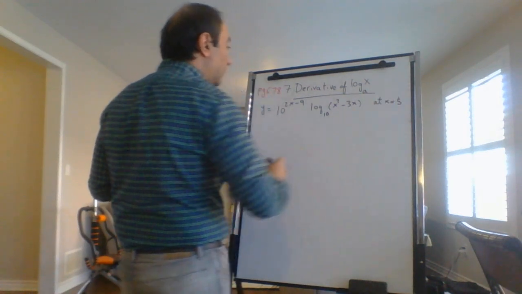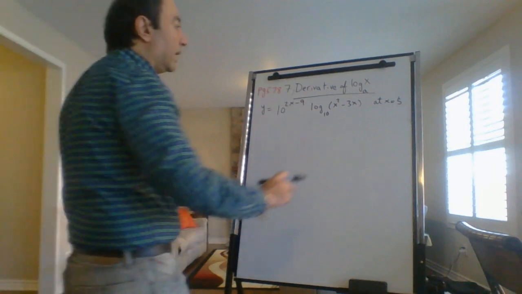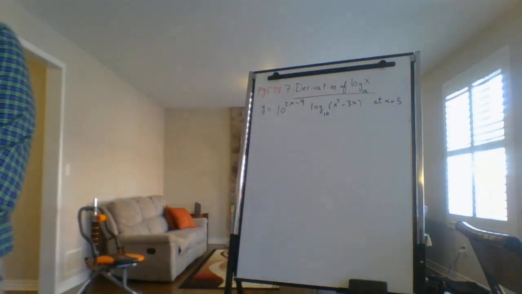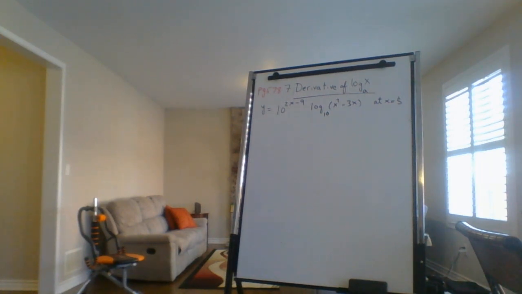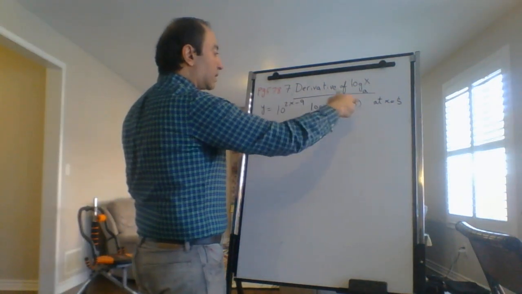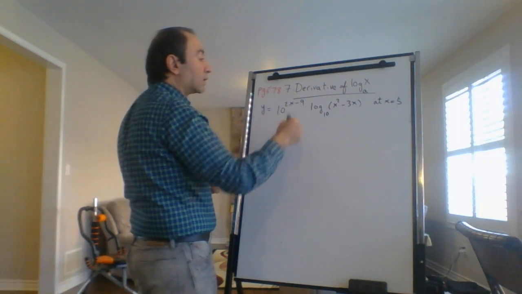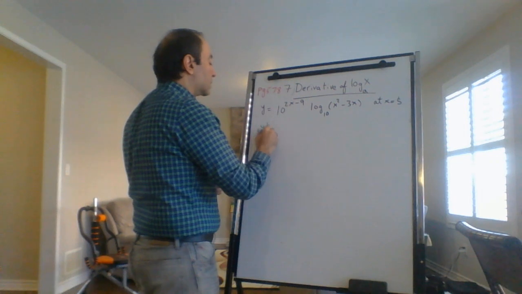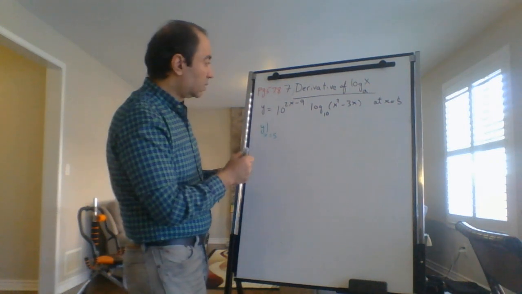Again, in order to find the equation of the tangent at x equal 5, we have to find two things. The first thing we need to find is the point on the curve, so the tangent point, which will be y when x is 5. So I have to take every x and put 5 in the original function to find the point, the tangent point. So y when x equals 5,